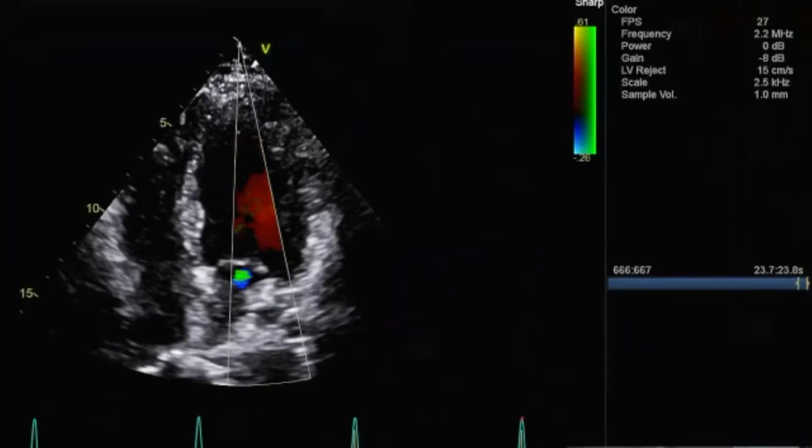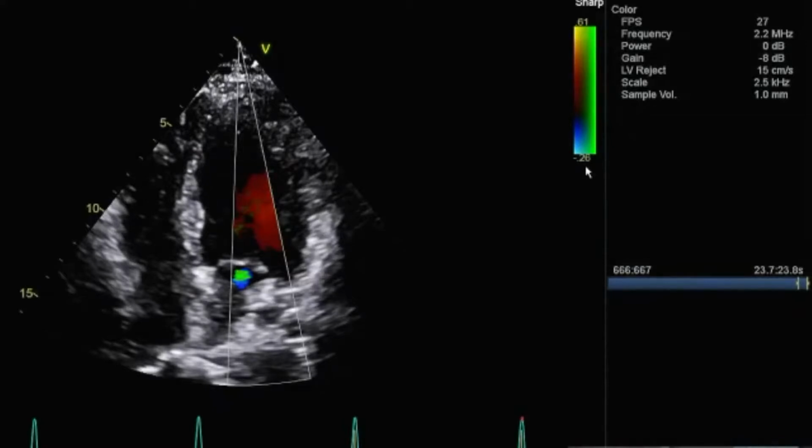In a patient with severe MR, we are able to see a good PISA over here with this method. We have to measure the radius of that PISA, and that's why we move in this particular fashion, in the direction of the jet, so that this becomes low and this becomes high. Then we use this PISA, this Nyquist limit for aliasing, to calculate our regurgitant volumes. We'll be showing that one by one.